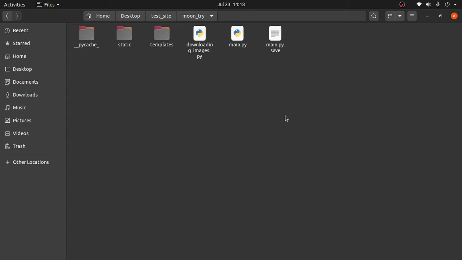So what we are doing today is we are creating a Flask application, and the user inputs a keyword, and for that keyword we will download that image and show it back to the user in the browser. So that's what we are doing today.